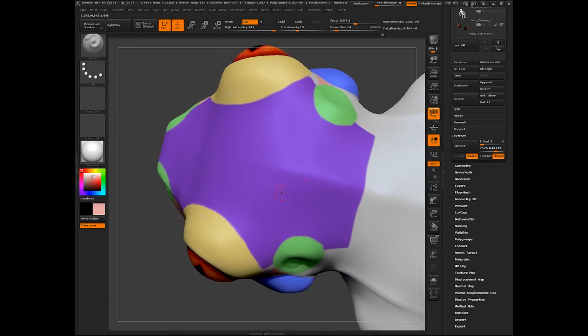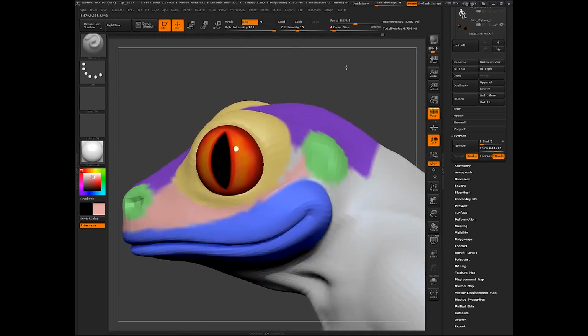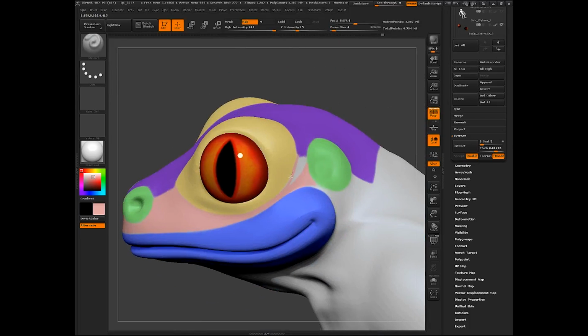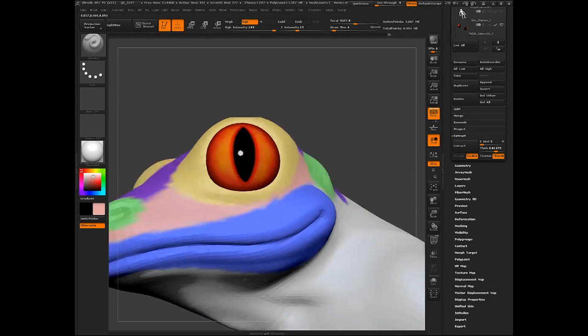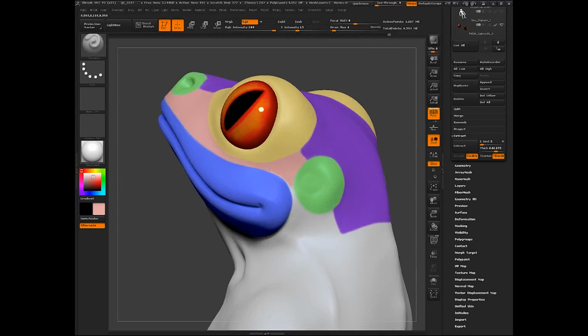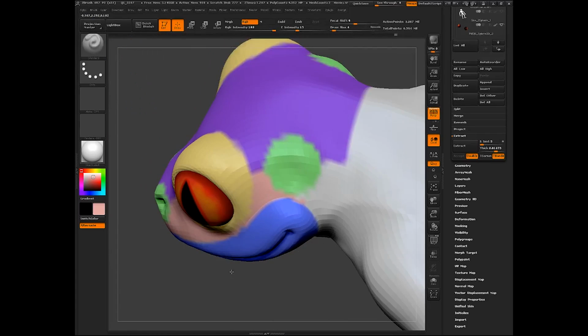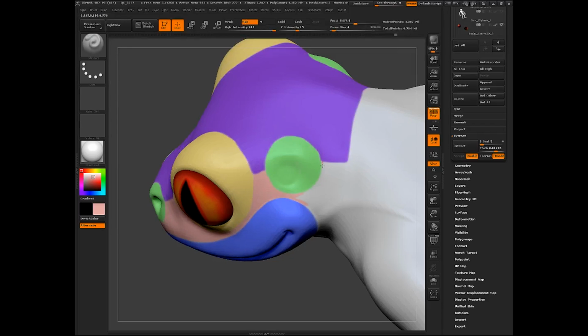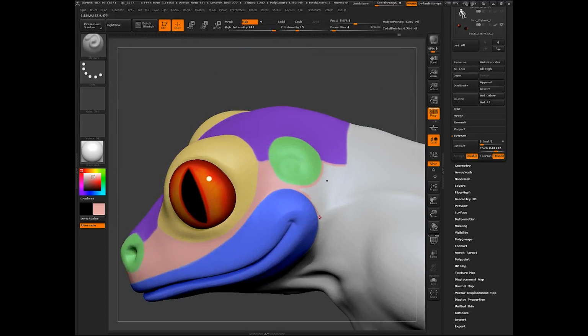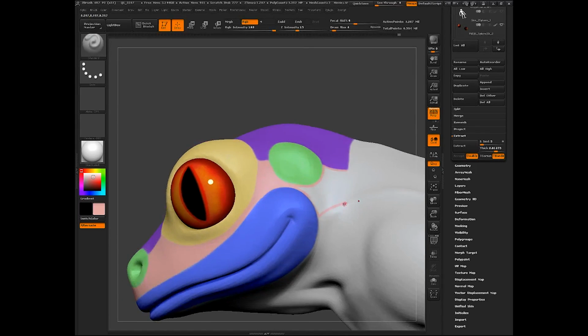So you'll notice that there are a lot more groups towards the front of the face, in the main areas of the face: the eyes, the nose, the ear, the mouth. But on top of the head, there's really not much for deformation. It's a solid area. You really won't get much deformation there. So we just painted that all one large purple area, expecting that we're not going to do much for deformation in that area. So I am going to continue the pink back around the neck.